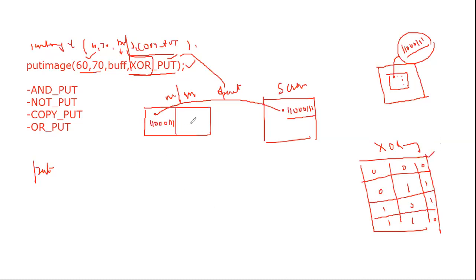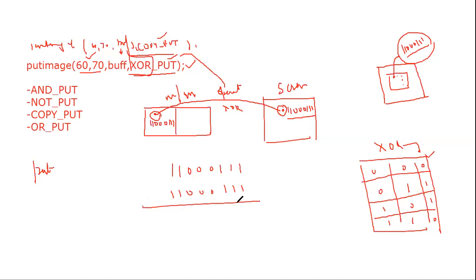Fine. Now, if I perform an XOR operation between the location 60, 70 that is in the memory and the point that is made available, दोनों जगह पे अब इस वक्त क्या है कि यहाँ पे भी इमेज है और आपकी यहाँ पर भी इमेज है ड्यू टू कॉपी पुट. Now if I apply the put image, now again I want to put this image over here, then what will happen? XOR 1 0 0 0 1 1 1, with 1 1 0 0 0 1 1 1.